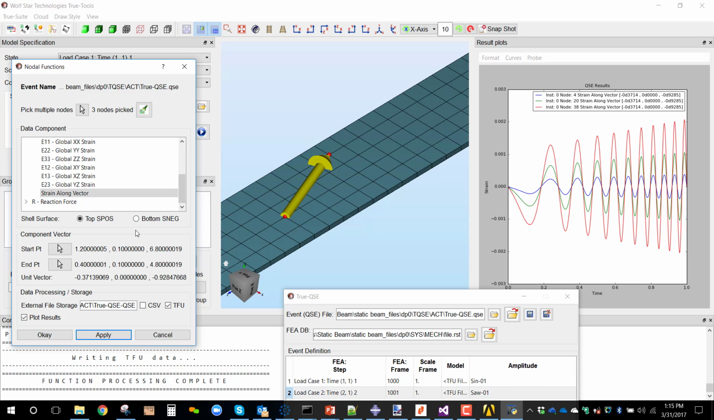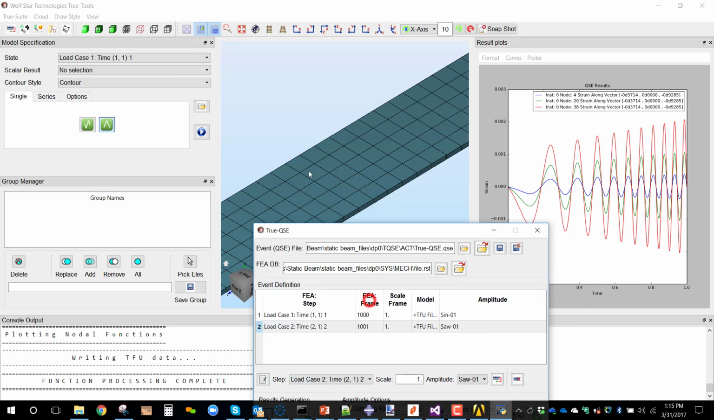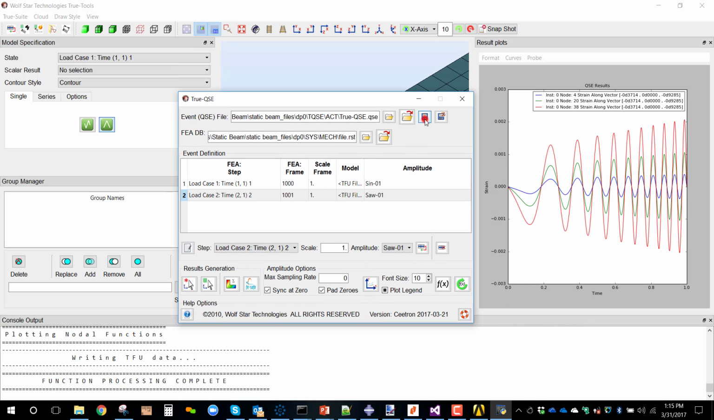So I can generate strains along a vector, and all of the results we've got in this model have along vector aspects to them. So they all will have an along vector component if you want to get an along vector result. Okay, so that's just a really brief introduction to QSE. So let's just save our QSE model